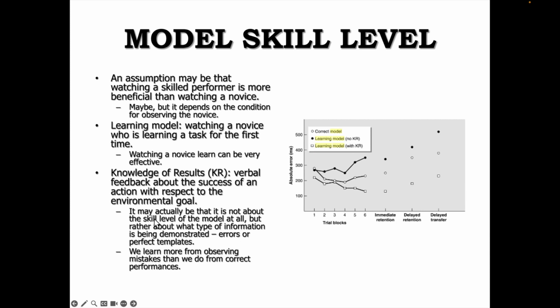Okay, and what's important to note here is that it's not exactly about the skill level of the model at all, but rather what type of information is being demonstrated. Are we trying to help the person who's trying to learn? Are we trying to point out the errors? Or are we giving them information about perfect templates? If we're telling our athletes we're trying to learn from these models,